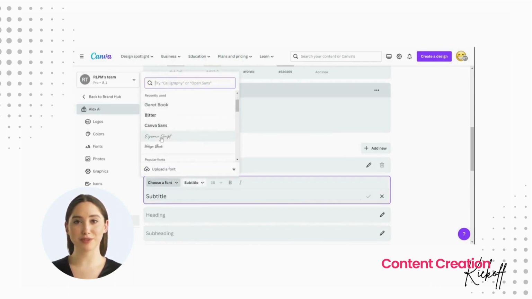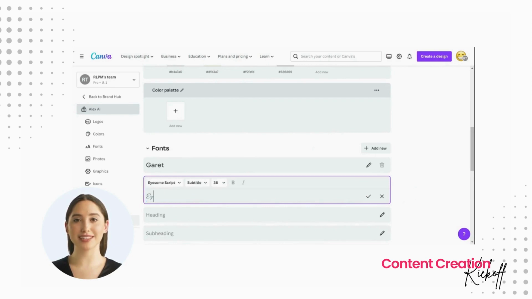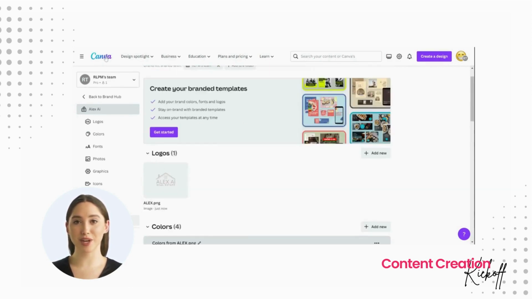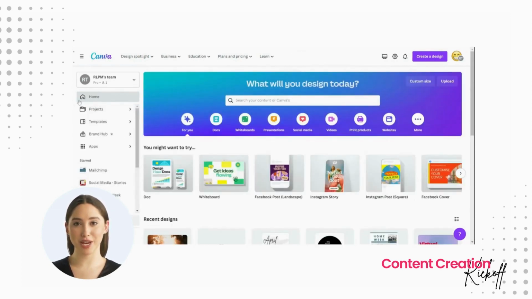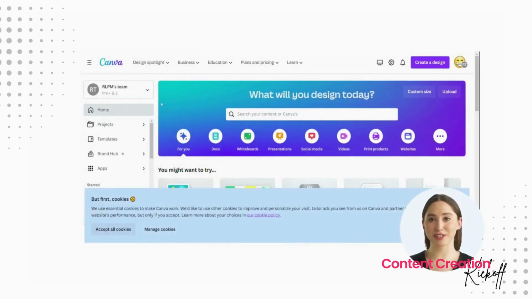Your brand kit options will now be saved so that you can bring them easily into your templates when you use them. To return to the home page, click on the Canva logo in the top left-hand corner. Once you've logged into Canva,